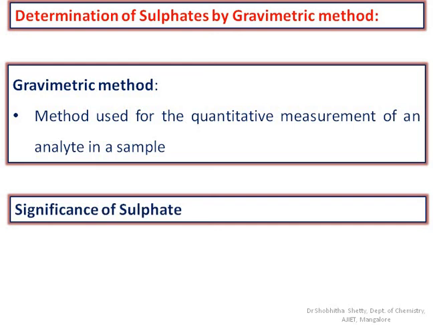So, the significance of sulfate. As we know, sulfate ions in water are in the form of their dissolved salt. It may be sulfates of sodium or potassium, magnesium, calcium, etc. So they do not exist as precipitate in water. They exist in the dissolved salt form. So using the gravimetric method, how are we going to analyze this?